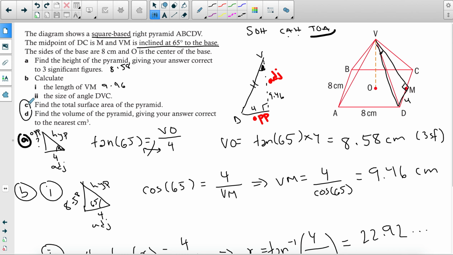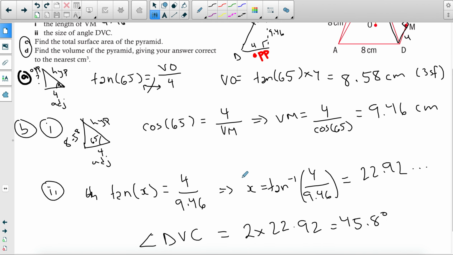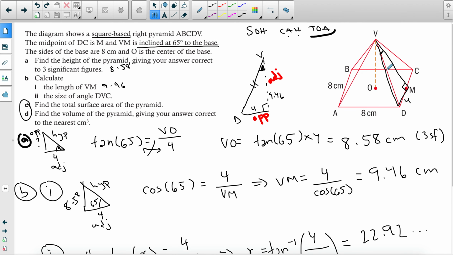So now we get to the big part of the question, which is finding the surface area and the volume of the pyramid. So the surface area is you basically finding the area of every single face and adding them all up. So the faces we have currently in this pyramid are 4 identical triangles and then 1 square base. So in order to find the area of